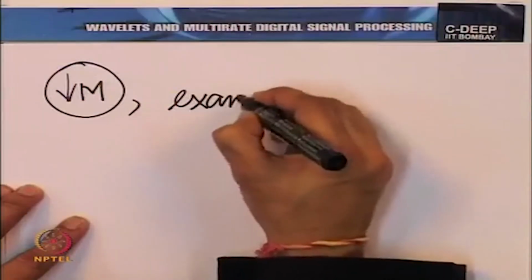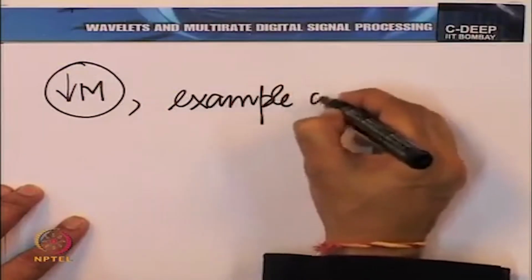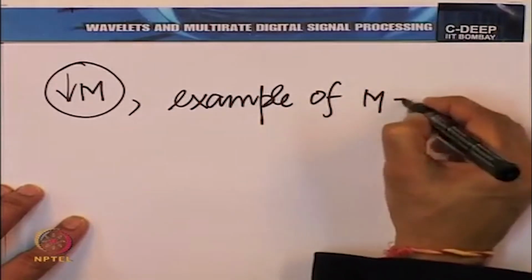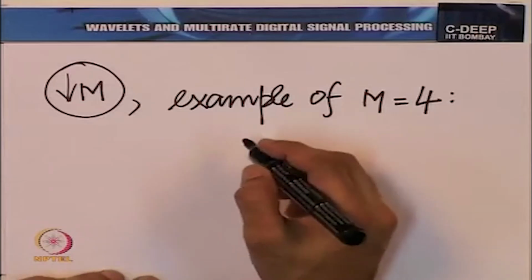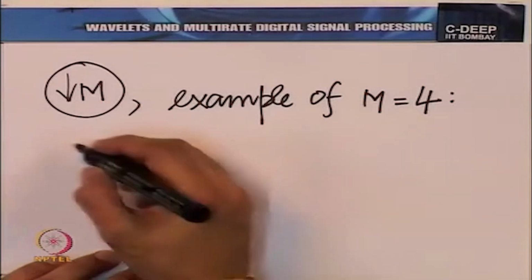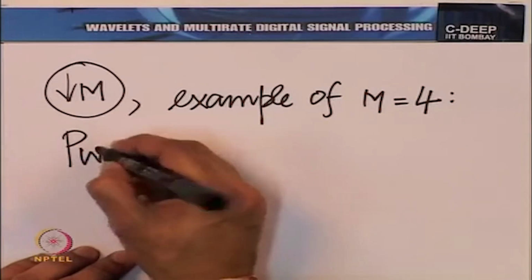But you can have a similar window periodic sequence for downsampling by any other factor. So, suppose you were to downsample by M in general. Again, let us take the example now of M equal to 4 this time. Then the corresponding PWN would be